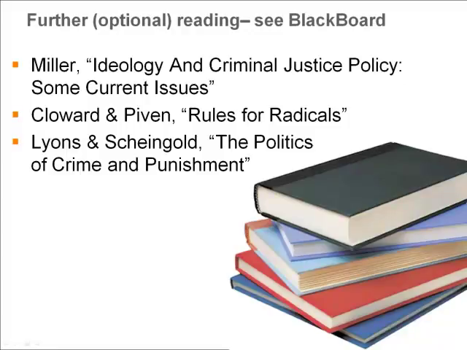I talked about the Miller piece, but down below it, the Line and Scheingold article really goes way beyond Miller. Miller is just laying down a concept for us to consider, whereas Line and Scheingold do an empirical assessment of major crime and punishment policies that have been enacted over the last 20 years, and assess them from an ideological point of view. Like, what is the ideology of the originators? How did they talk about those policies? What is the framework by which they originate those policies? It gives a really nice backdrop. It's a lengthy article, but